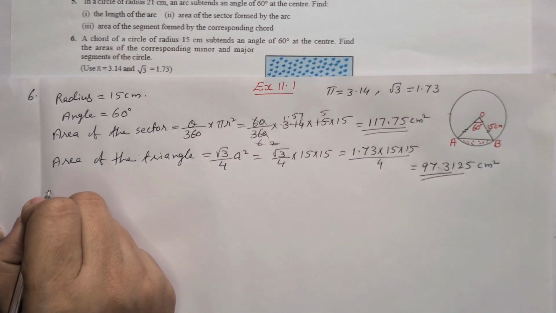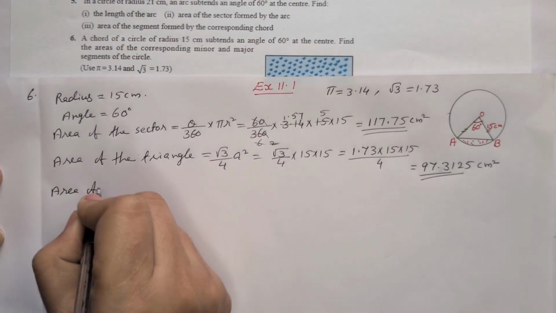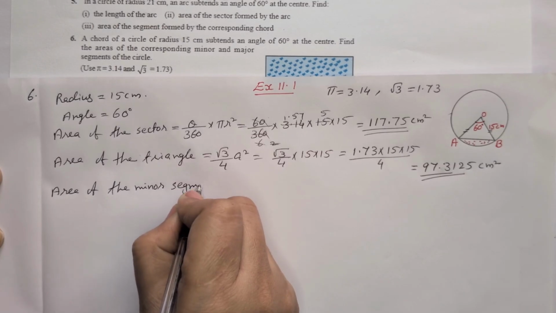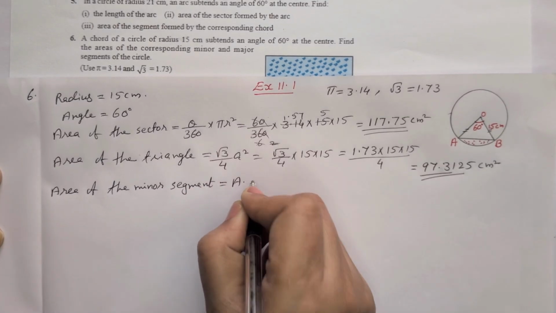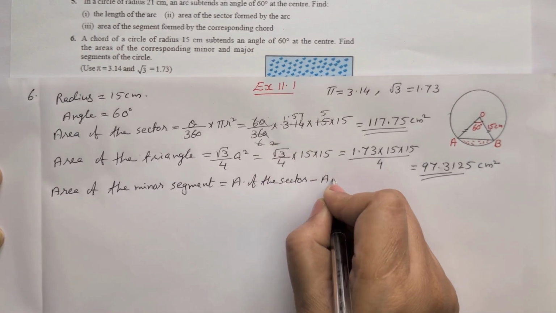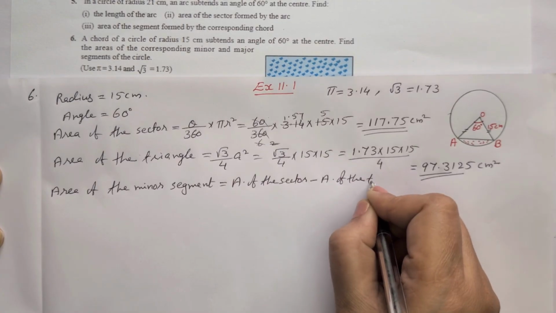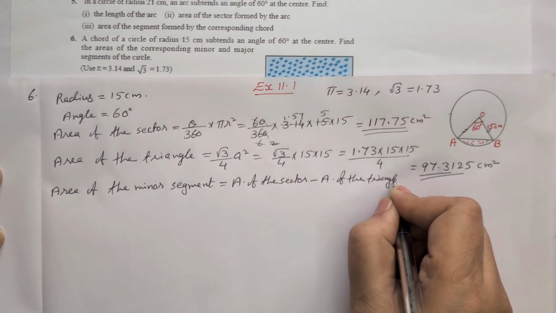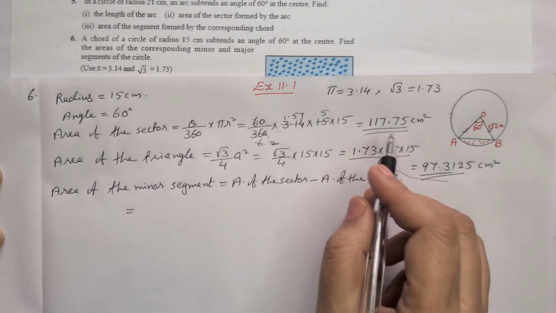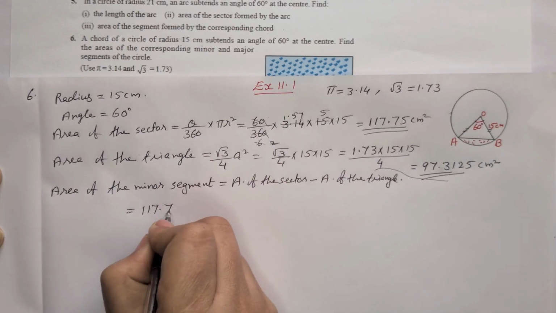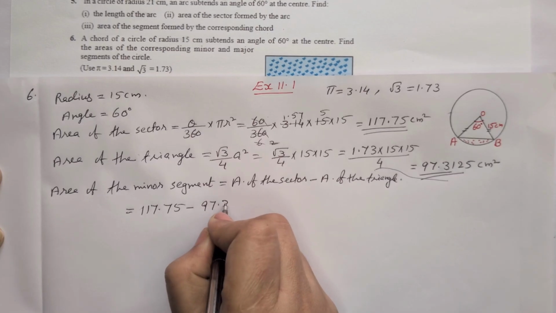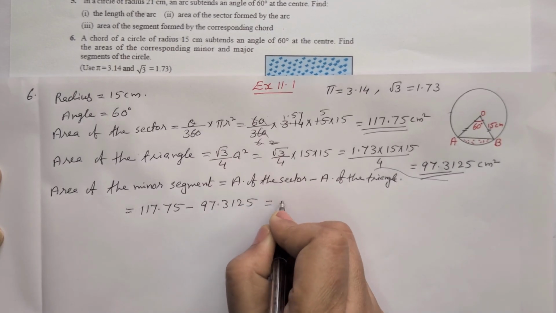So area of the minor segment is equal to area of the sector minus area of the triangle, which is equal to area of the sector, we got that as 117.75, that minus area of the triangle 97.3125, which is equal to